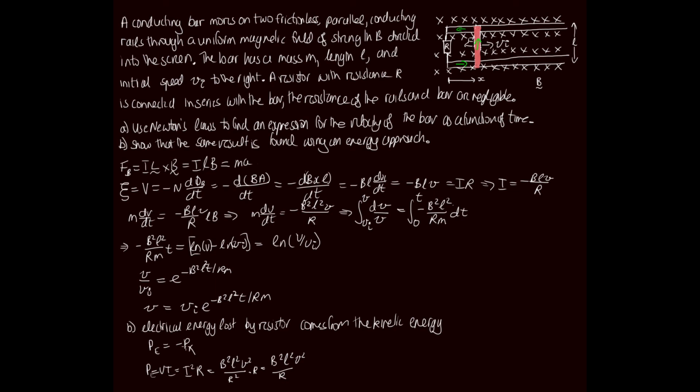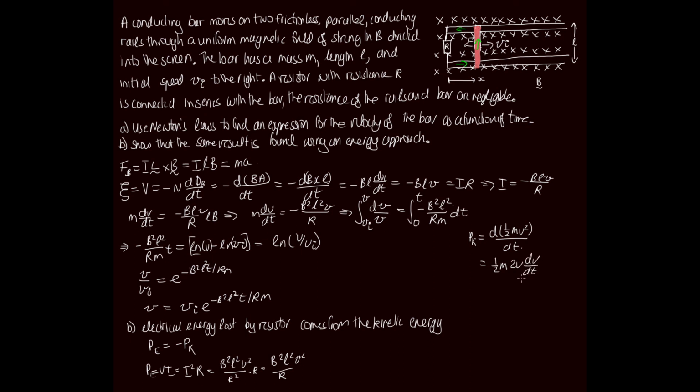Okay, and now what we'll need to do is work out the rate at which kinetic energy is changing. So P for the kinetic energy is going to be equal to the derivative of the kinetic energy, which is a half mv squared, with respect to time, dt. And so when we differentiate this, the mass is not changing, it's just the velocity which changes as a function of time. So we've got a half m, that's constant, and then when we differentiate v squared, we get 2v dv